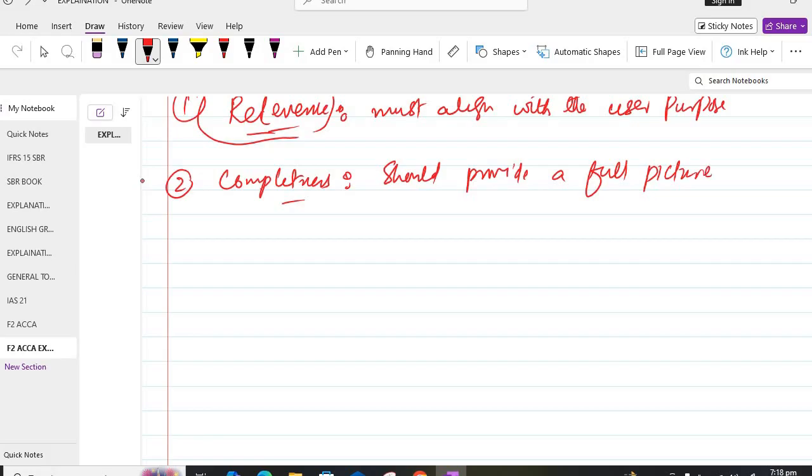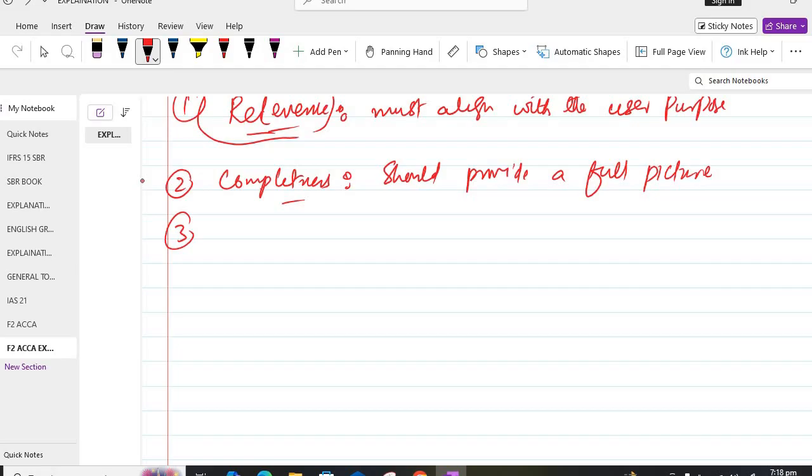What does it mean? It means that, let's say, a budget report must include all expenses. Missing details can lead to a wrong decision. So whatever information is required for decision making should be complete and updated. Okay. Now the third one